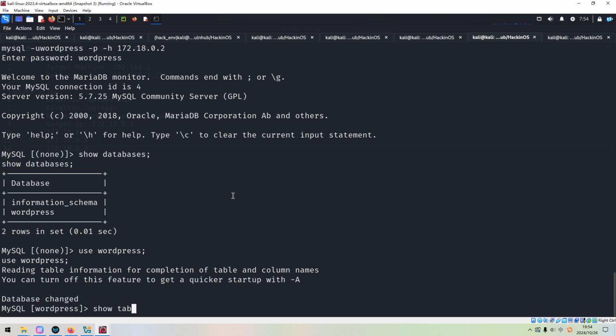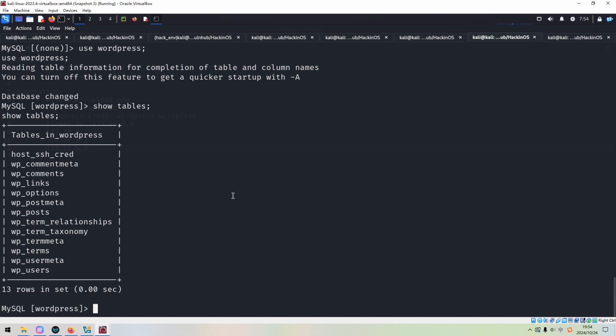and show tables. And normally we need to pay attention to the users table, which contains credentials. But for two reasons, in this case, we do not need to take this table into consideration. Because we do not need to log in to WordPress. And the second reason is that you can find this table, ssh_secret. So the table name implies that this is a very important table.